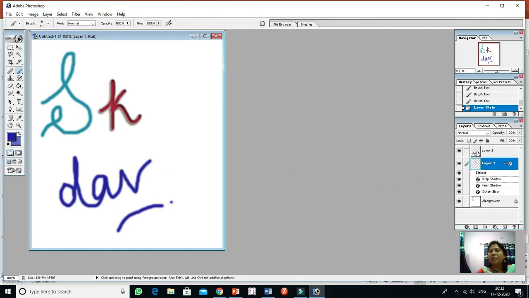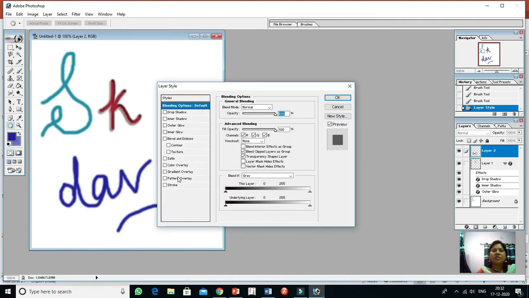Then I am moving to layer number 2. Again double click. Now see, here you have to click one by one option and check what output it displays.